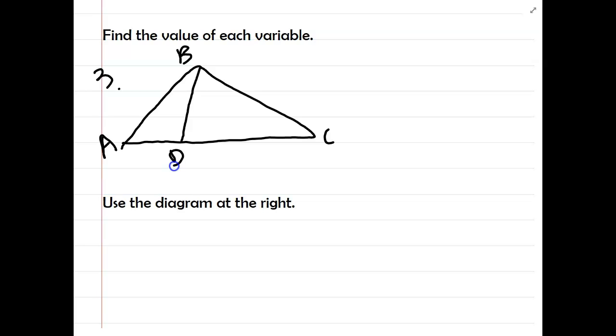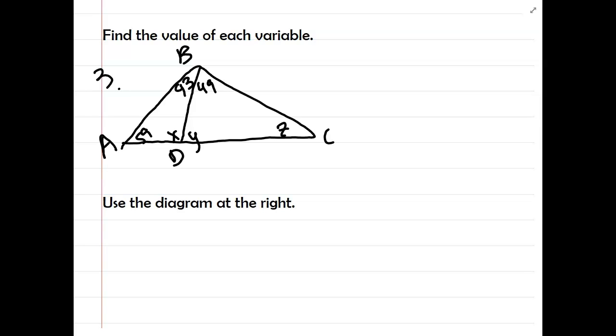Okay, angle A is going to be 59. The left side of angle B is going to be 43. The right side of angle B is going to be 49. And angle D, the left side is going to be X, the right side is going to be Y, and then angle C is going to be Z. Okay, so I've got 3 things to find, X, Y, and Z. Which one can I find first? X, yeah,